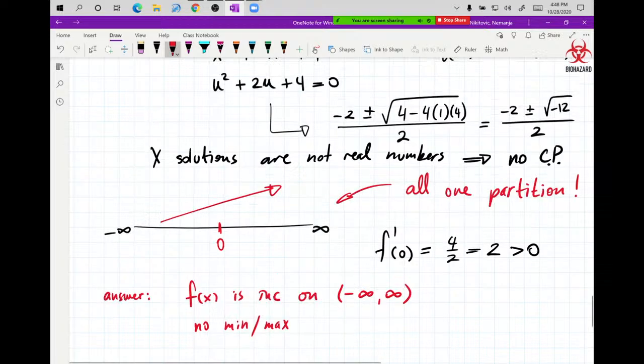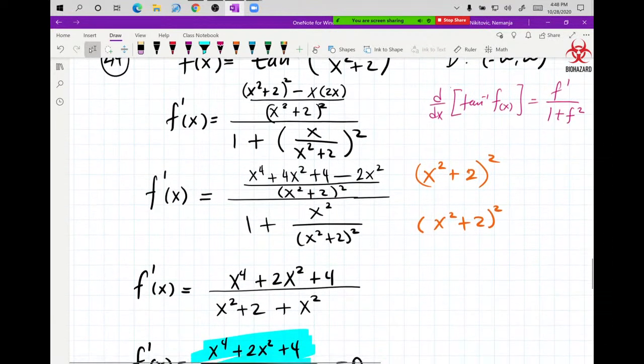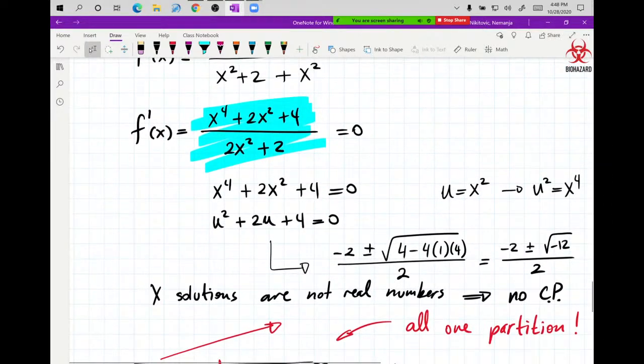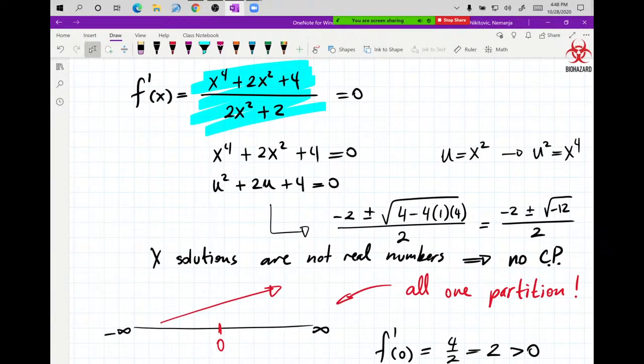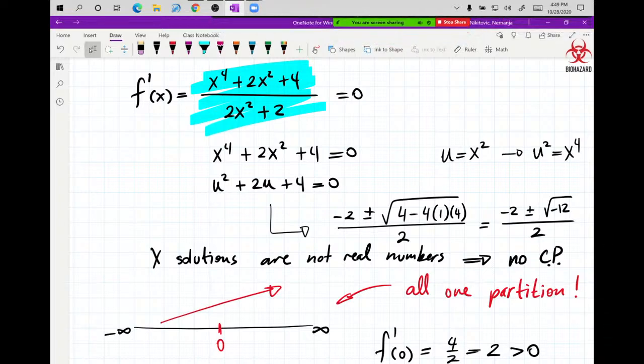So this problem just had really nasty algebra through this derivative to deal with. But other than that, this was a much shorter and faster problem than previous ones, because everything was just one partition and the whole thing was fairly quick. It is messy, but again, welcome to Calc 1, right? There's a reason why you guys make it 4%, right? So that's the first